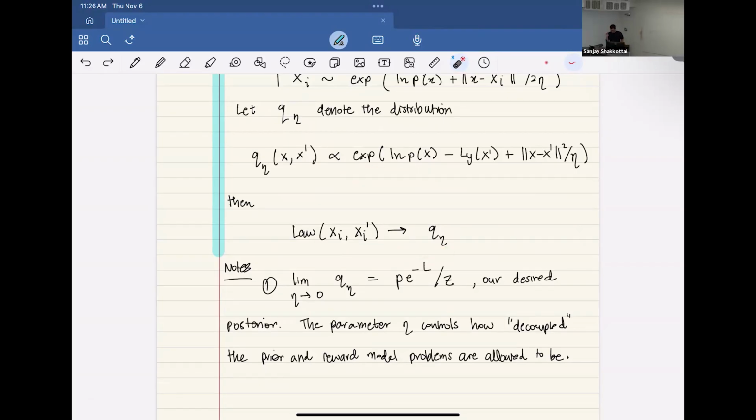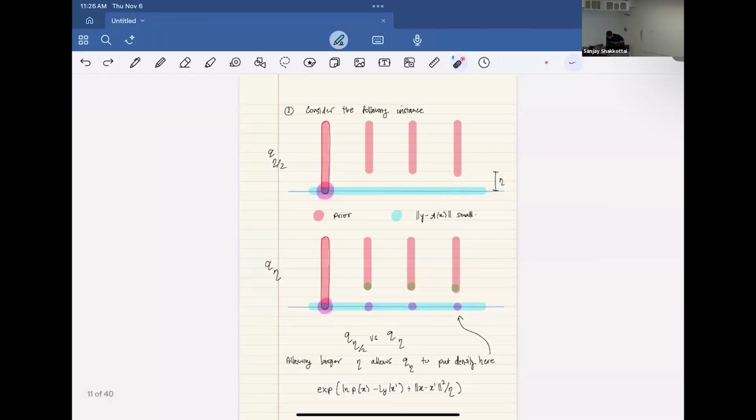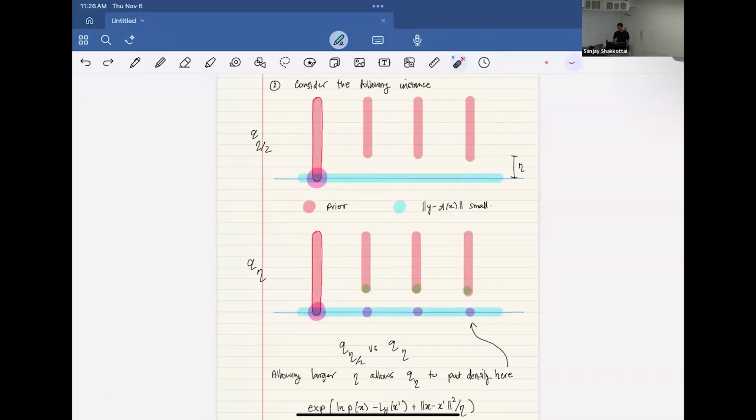this Q eta. Now, there's a problem with this, which is that imagine you had this kind of instance where these are my set of images, these vertical pink lines, and then the measurement was this blue thing on the bottom. Then the actual posterior is maybe supported entirely over here where they intersect. So there's no intersection in the other 3 bars. But what happens is Q eta, because it allows x and x prime to be decoupled by around eta, actually allows you to place some mass for x here and some mass for x prime over here. So if you look at the marginal on x, which is maybe what you'll do eventually, it will actually have some weight here, but it'll also have some mass, some density, corresponding to these other modes,